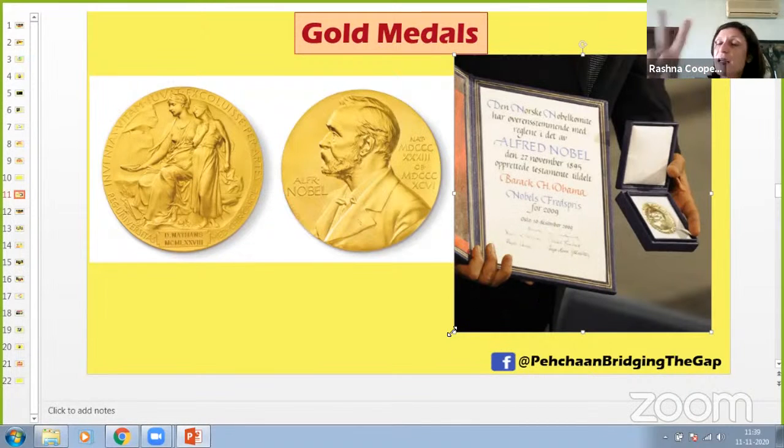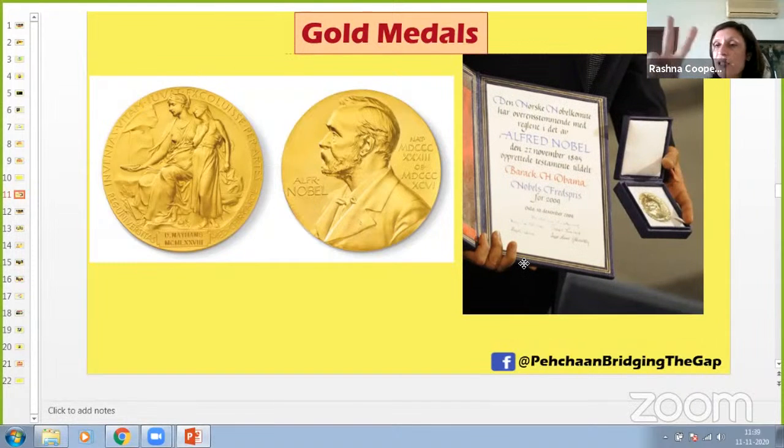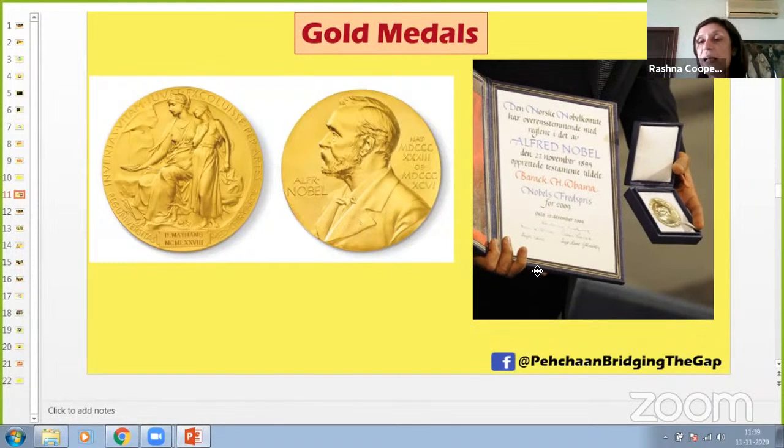Now, if the prize can be shared, as they said, if it's shared by 2 people, then the money will be shared amongst the 2 people. The rules say that only up to 3 people can share the prize, not over 3 people in a single year. Did you understand that? So, for example, we may have the physics prize shared by 3 people, correct? Not over 3 people. Another thing the video told us, that only the Peace Prize can be given to